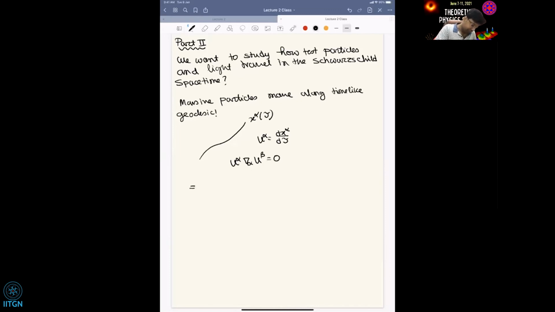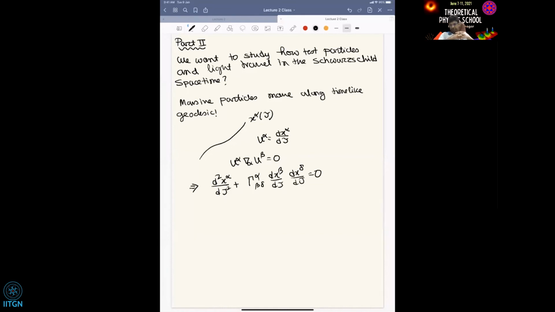And then this equation, we can open it and write it as d²x^α/dτ² + Γ^α_βδ (dx^β/dτ)(dx^δ/dτ) = 0. So what one should do is, I give you the metric, which is the Schwarzschild metric. You calculate the Gammas, write down the geodesic equations, solve them by using appropriate boundary conditions, and get all possible timelike geodesics. Of course, you can do that, and it is not a difficult thing to do, but note that this